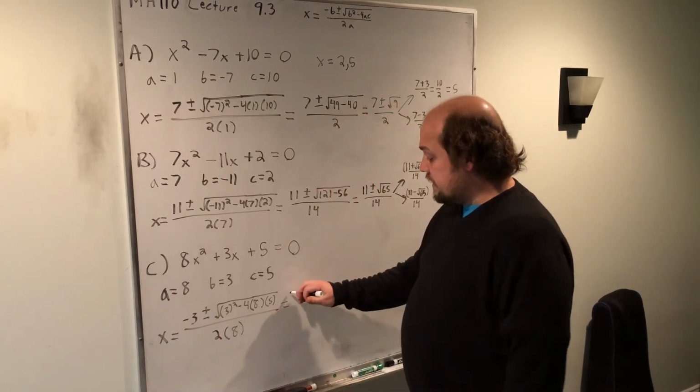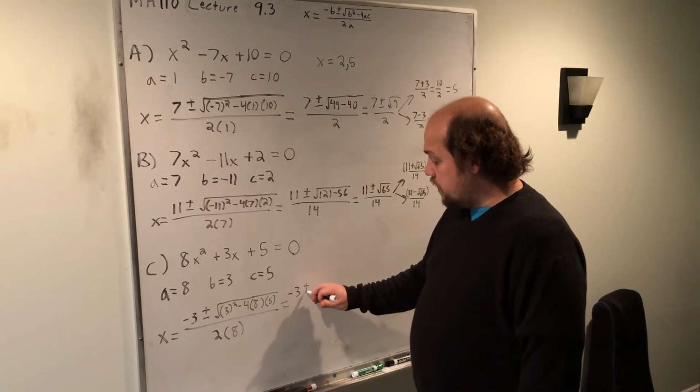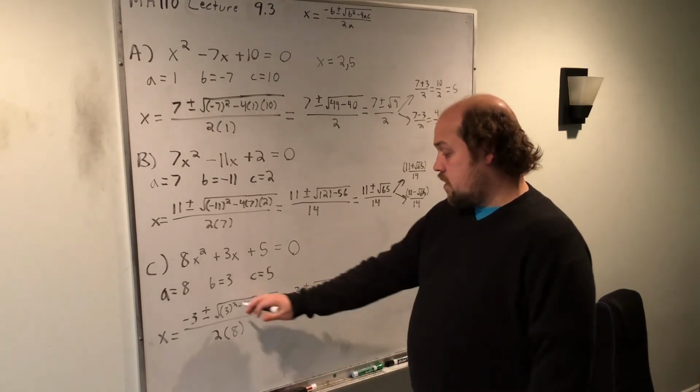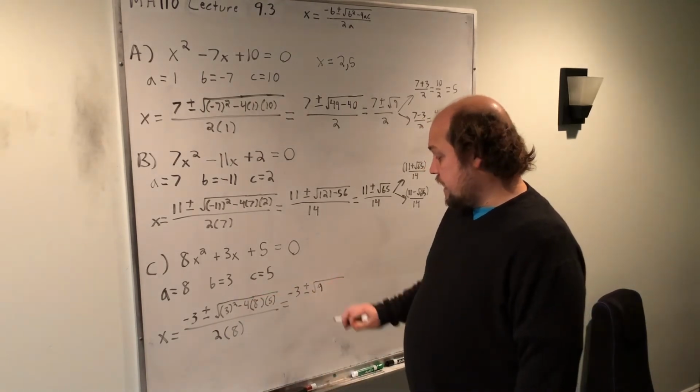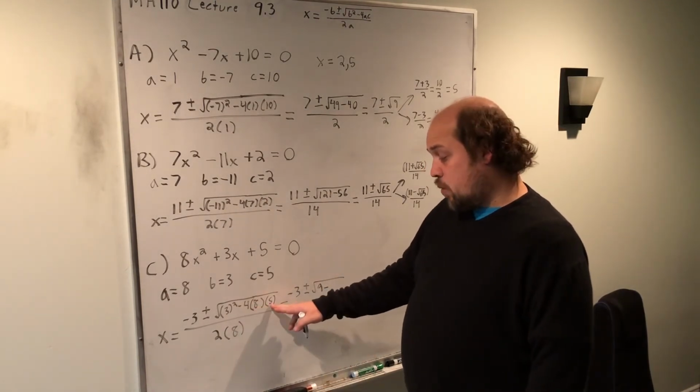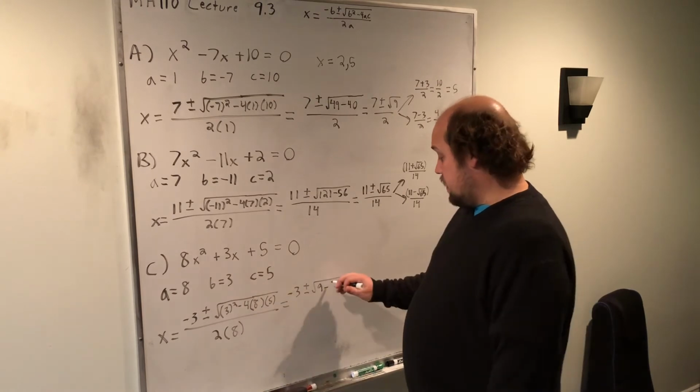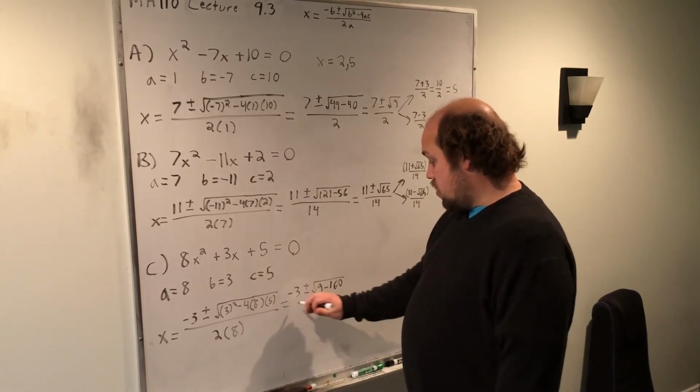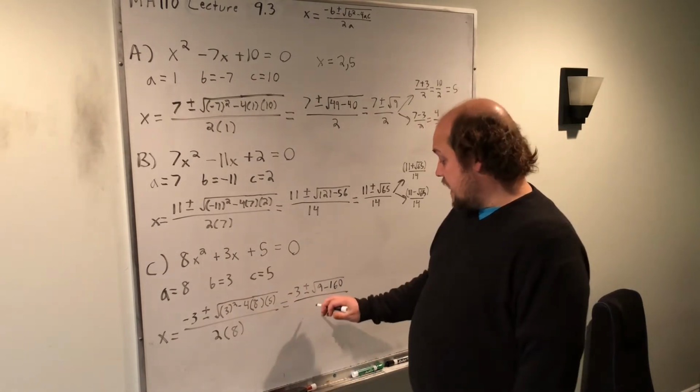When I go to the next step, it becomes negative 3 plus or minus the root of 3 squared is 9, minus 4 times 5 is 20, 20 times 8 is 160, all over 2 times 8, which is